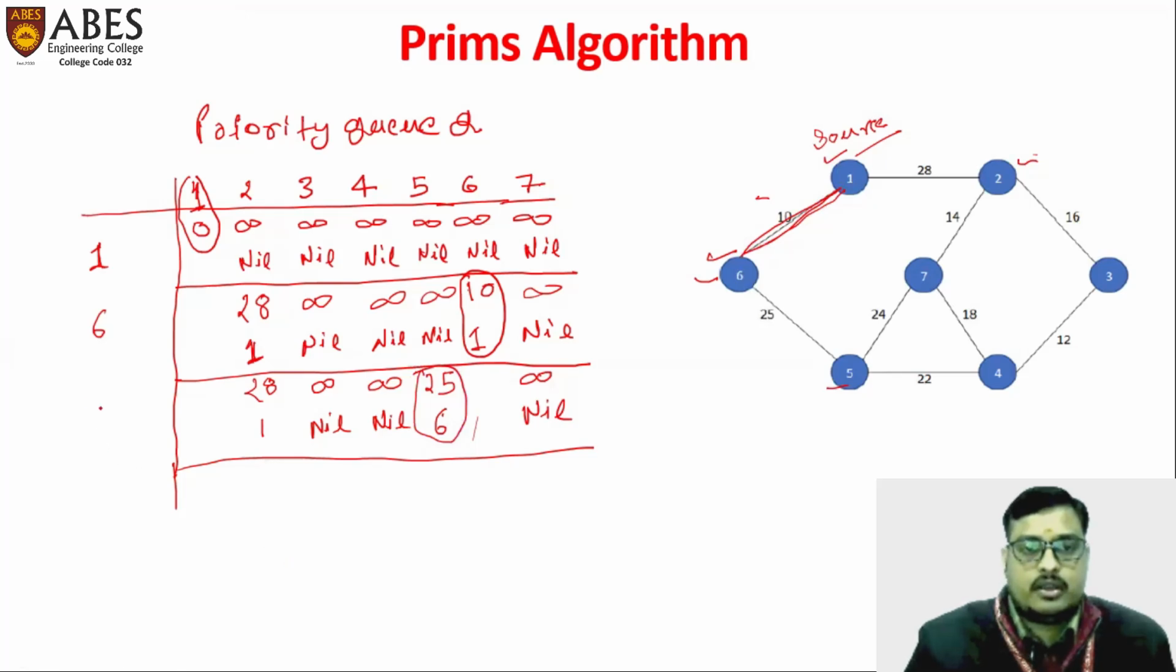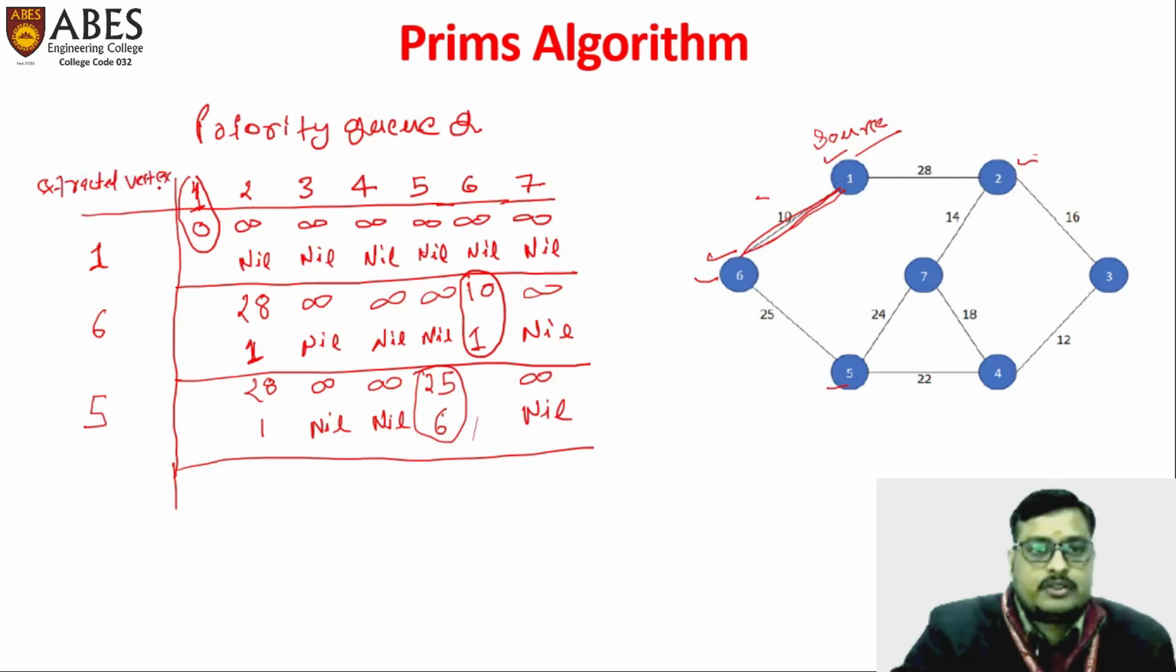We'll remove it from here, and we'll put vertex 5 here in the extracted vertex. So basically here we are writing extracted vertex. These are extracted vertex from priority queue. And here are the vertices that are present in the priority queue. Okay. So after this, in the next iteration we'll update the cost of all the vertices adjacent to vertex